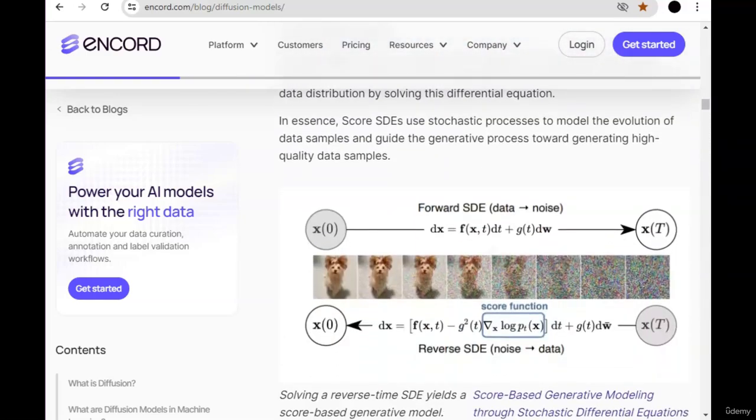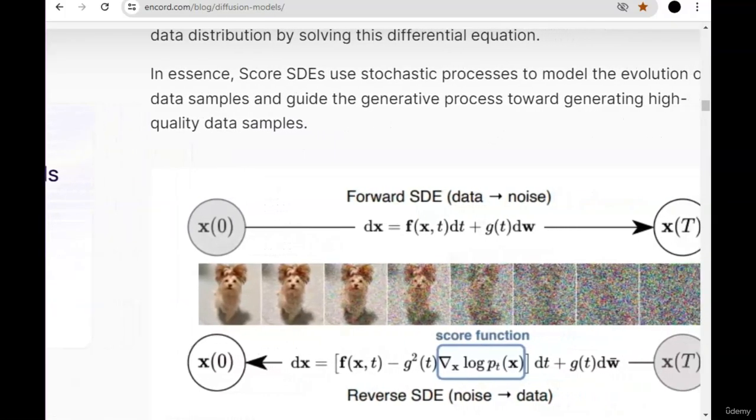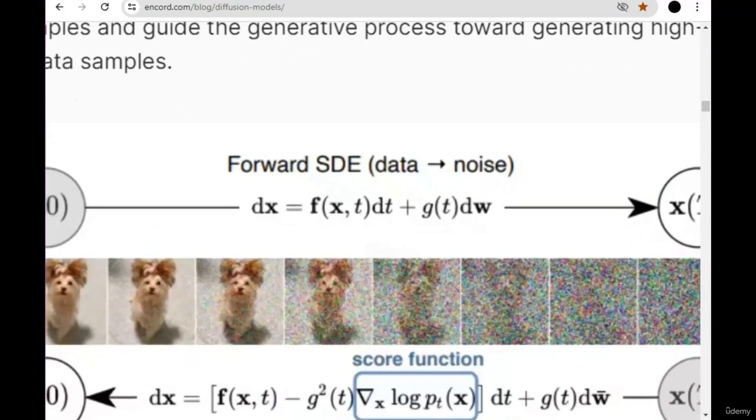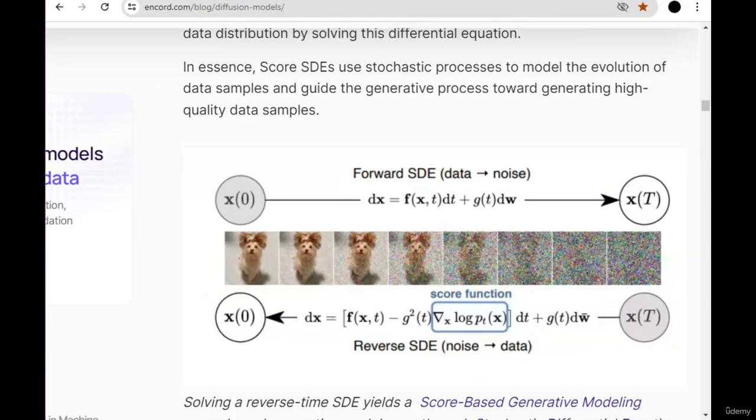Here we see the forward diffusion process, where we start with a clean image. As we move forward, we add noise at each step, gradually transforming the image into pure noise. This forward process is essential because it teaches the model how data gets corrupted. In the forward diffusion process,